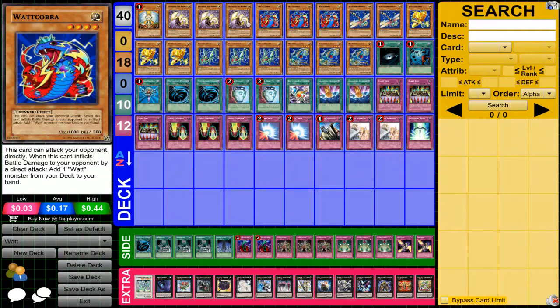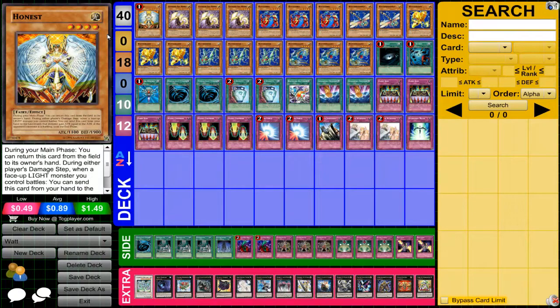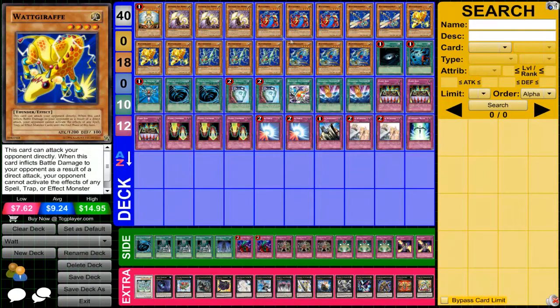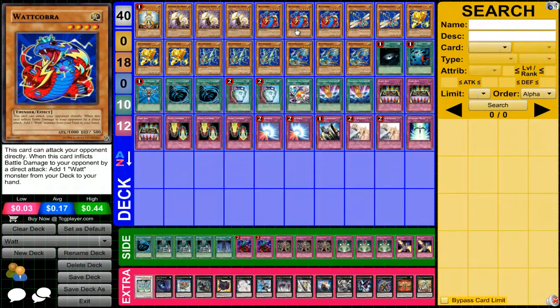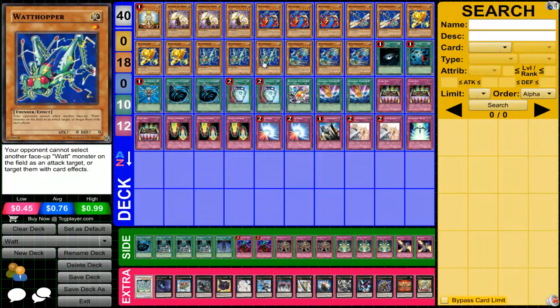First we'll do the cards that are not Watts, which is Honest, which any person should know. This is a very good card with respect to light monsters. It basically makes your opponent's monsters attack 0. You can discard it during the damage step to do this. And it's really good because you can leave stuff on the field like a Watt Cobra, and then they'll just be like, oh, I can summon this and attack into it, and they end up attacking into an Honest. Also, if you're playing TCG, 2 monsters with 0 attack,